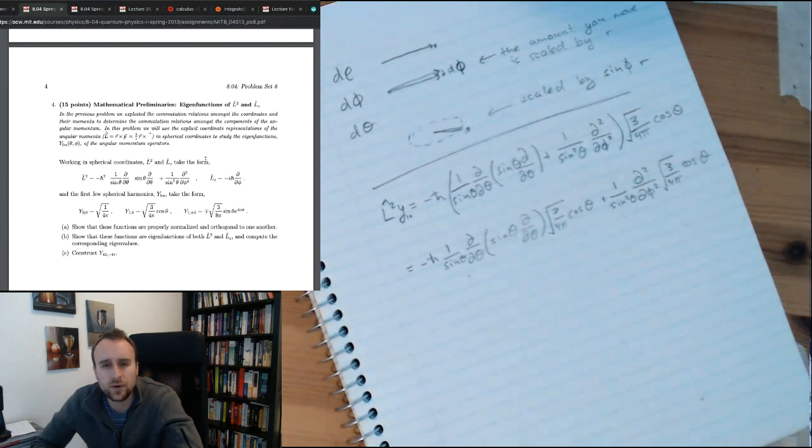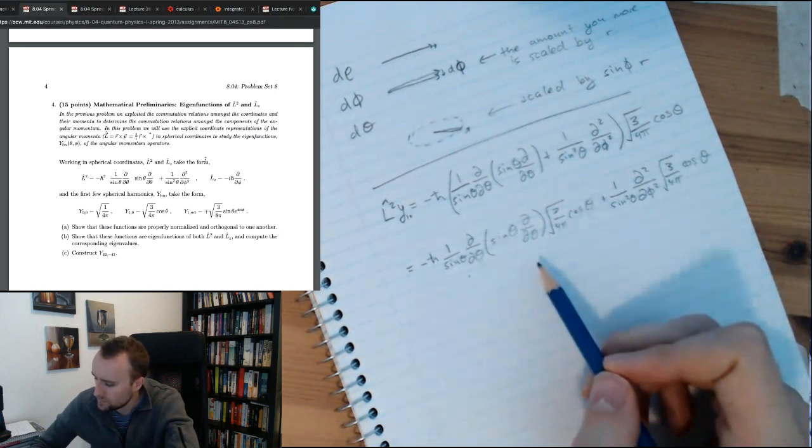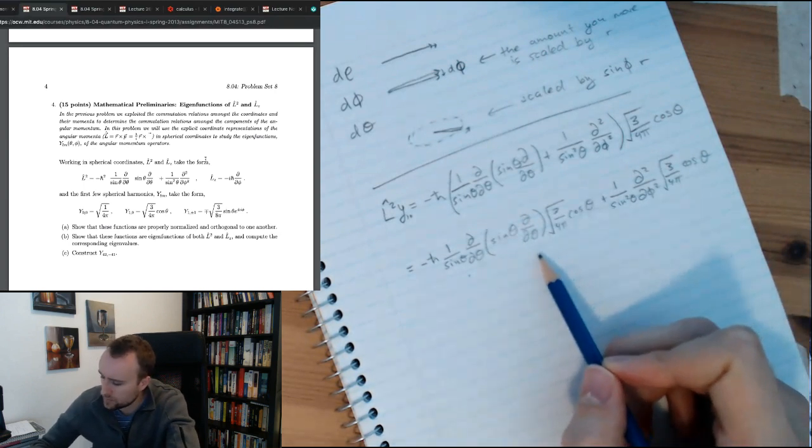So what do these brackets mean? This is in the other bracket. It just means we apply this twice, so we get